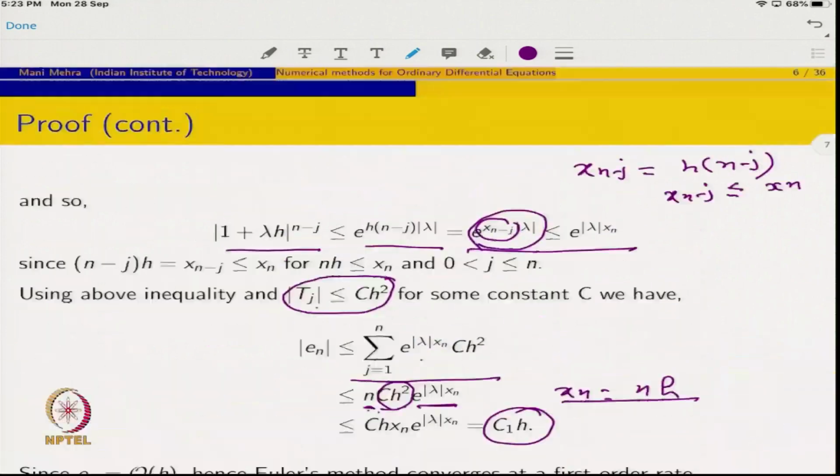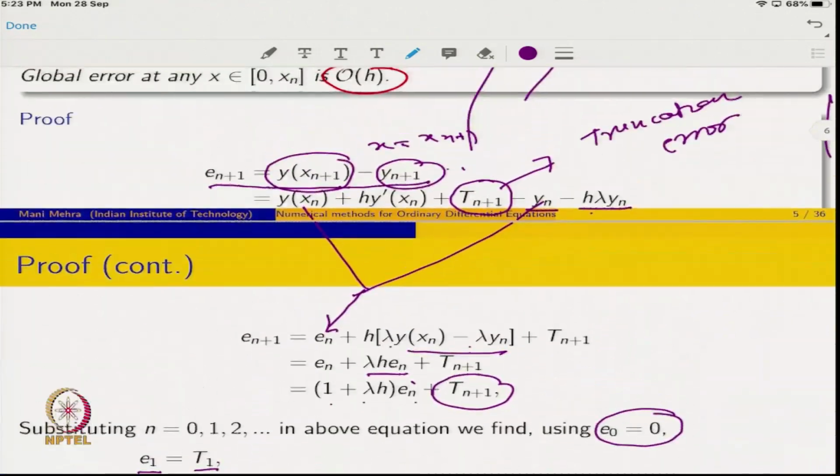Now, in a similar way you can ask me whether I can retain more terms in the Taylor series method if I want to achieve a higher order method. Yes. The answer is yes, I can work out the second order method, third order method, fourth order method, in a similar way. But what will be the disadvantage you feel if I keep adding this way?